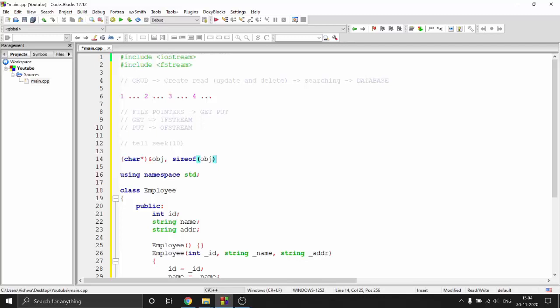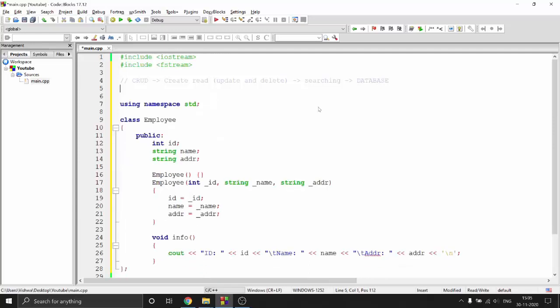So let's say my file is over here and I use the write method, what it will do is it will just write down, and then it will seek the pointer to, let's say, 10 bytes forward, or whatever the size of the object is. So I am here, I write a new object, I write everything, and then get the cursor and put it over here for the next record to write. So that's how file pointers work, and we'll see how to use that in a short while. We have already done create and read, so we'll do update and delete in this video.